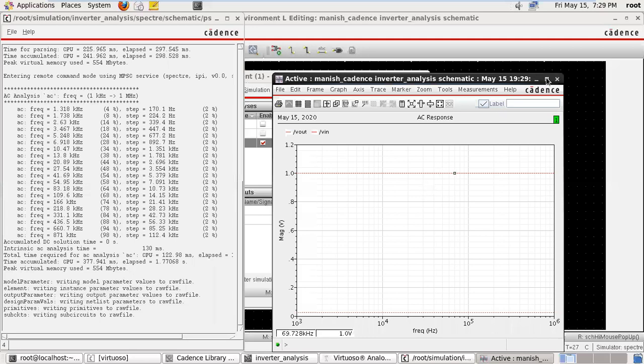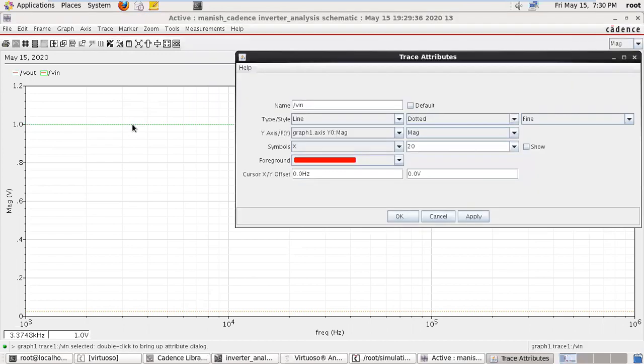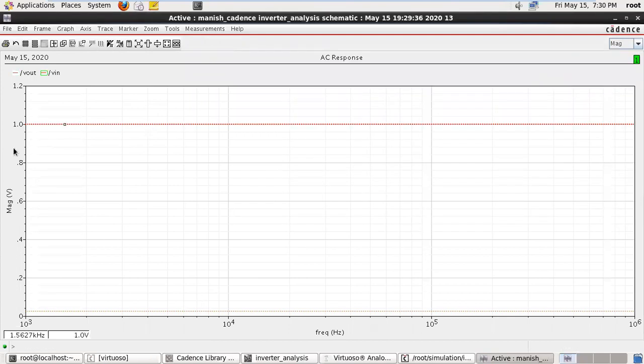See here, the input magnitude in volts. Because the input voltage is fixed at 1 volt, this is 1 volt. The frequency range is 1 kilohertz to 1 megahertz, that is up to 10 to the power 6.